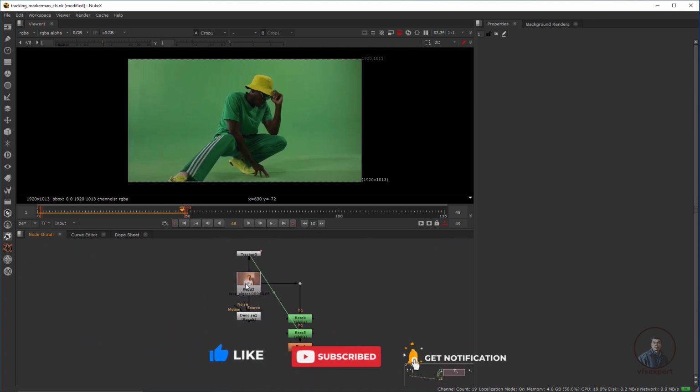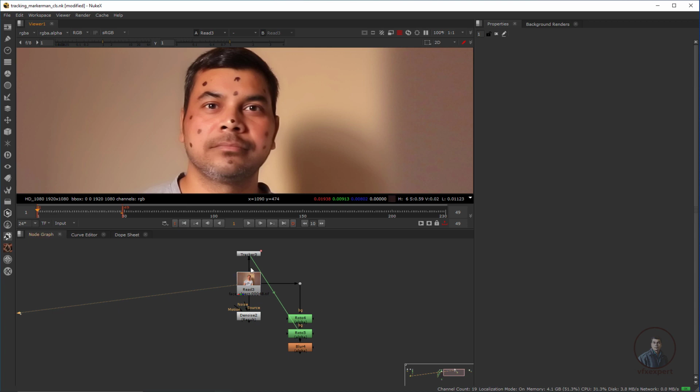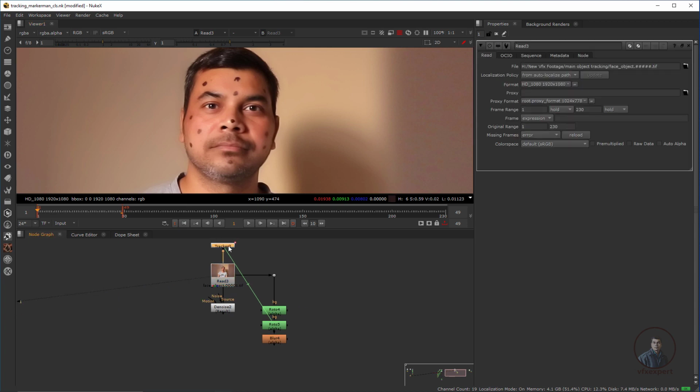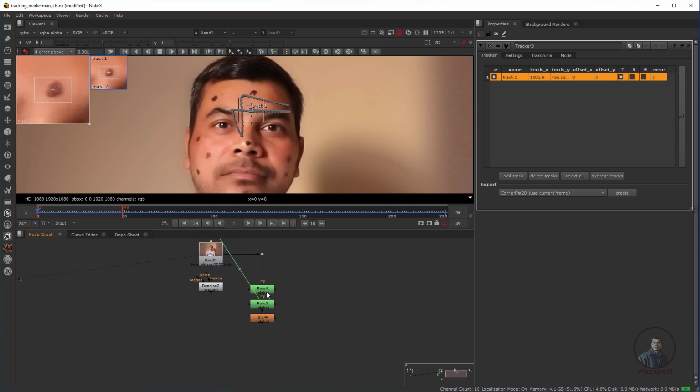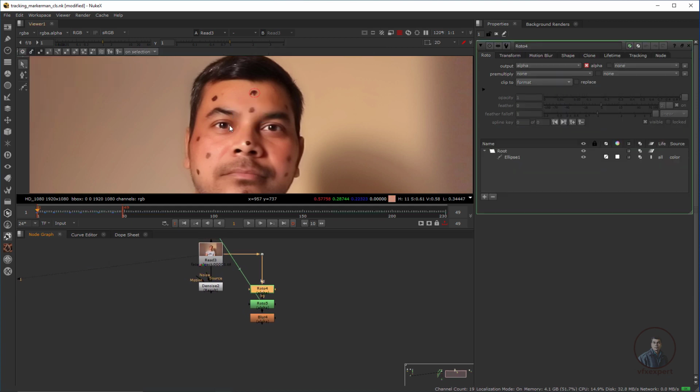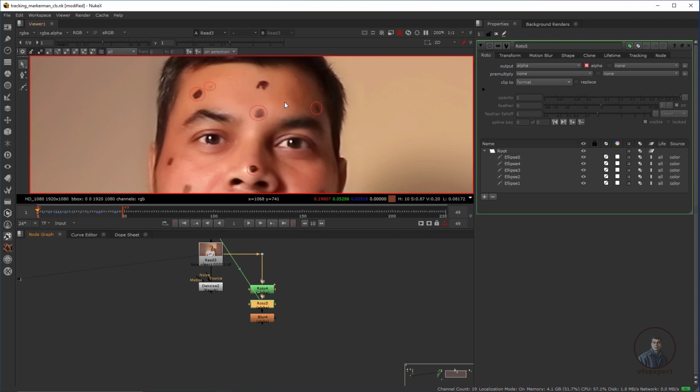So for the next example I am going to show these face tracking markers. So how we can remove all these face tracking markers. So the same thing that I have done. So they have a shot here, and I have tracked one point. So you can see this one. Then after this I have used different roto shapes. So this first one for this one if you want to see, then the next one for all these tracking markers.